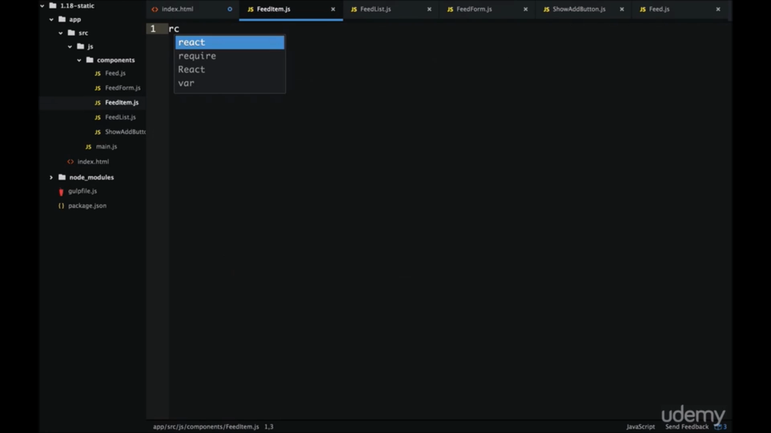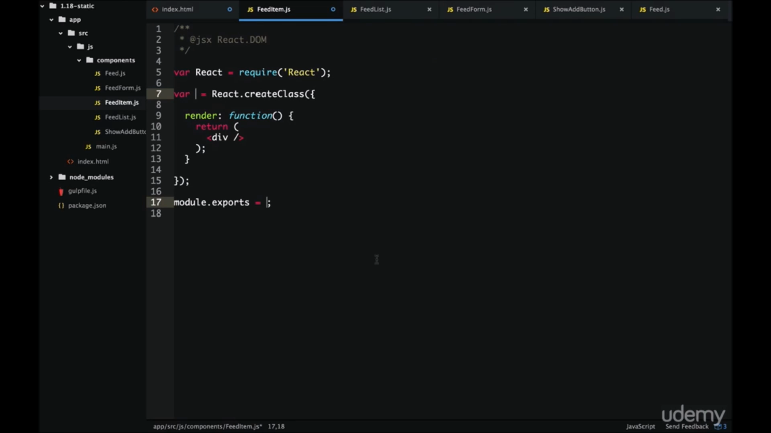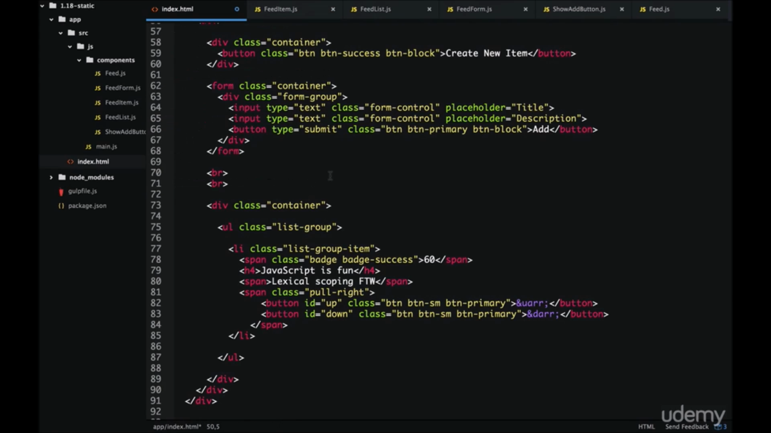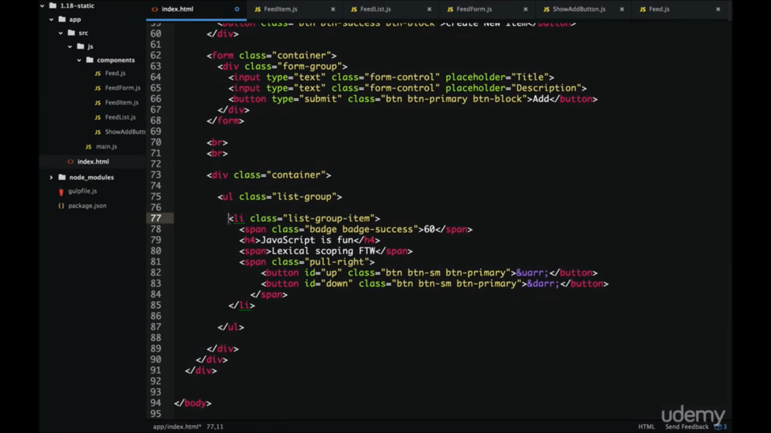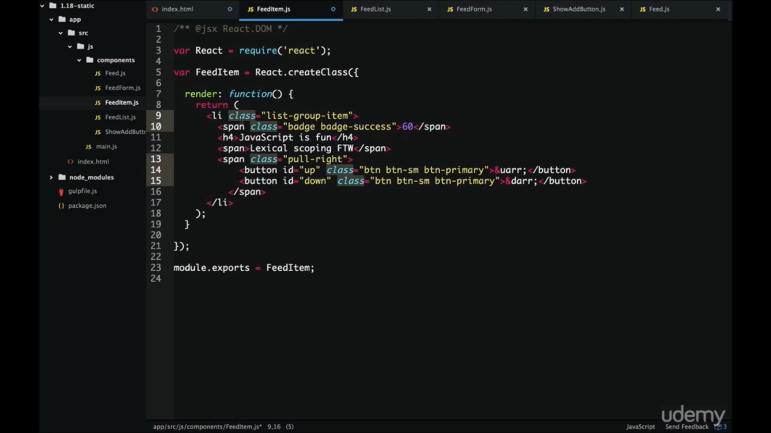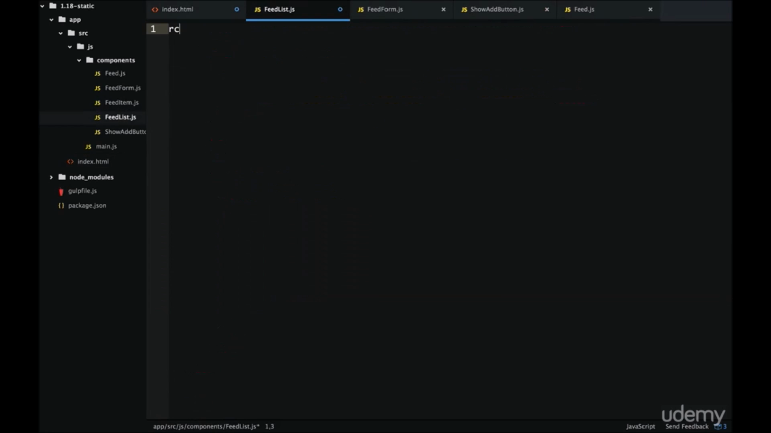Right here, I'm going to use a snippet to create a component, and we'll call this feed item. Now within our render function, let's copy our HTML, and that's this list item right here. We'll change all the instances to class name. Now that that's done, let's do the same for feed list. We'll use the snippet again,